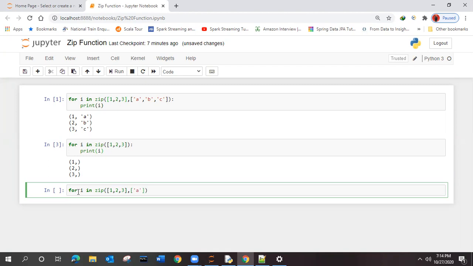Suppose like this one I am taking. So this one is C, and suppose another list I will take. In this I will put some special characters so it can be easily identified, right?